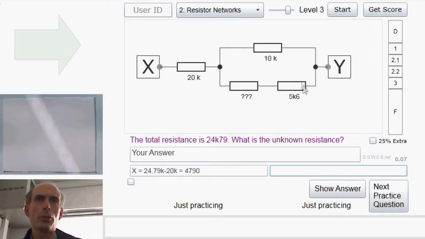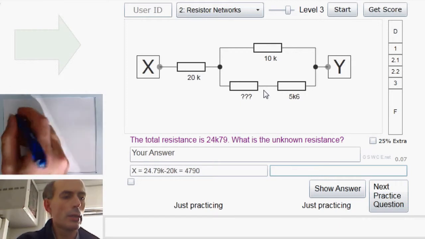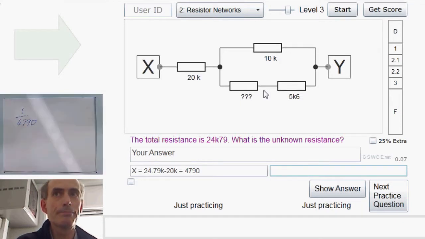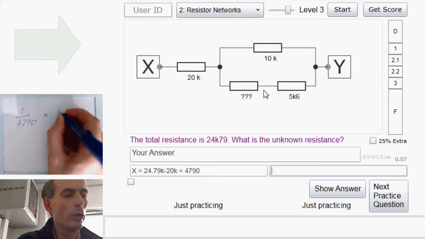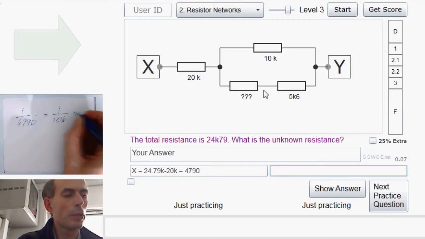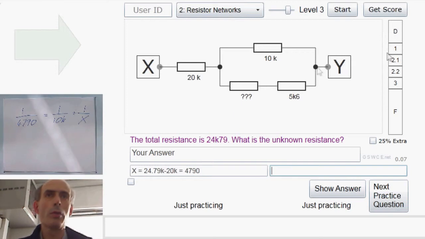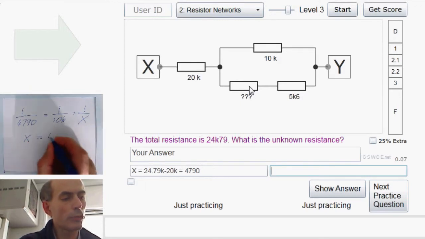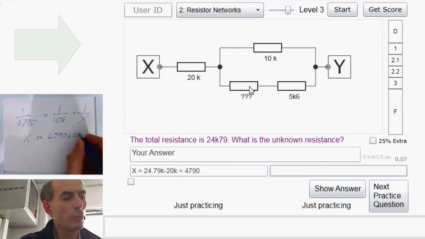So we can work out the total of these two using the formula for resistors in parallel. And that, as a reminder, is 1 over the total resistance here, which in this case is 4,790, must be equal to 1 over 10K plus 1 over X, where X is the series combination of these two. Well, we can solve this equation, and that would just be X is 4,790 times 10K over 10K minus 4,790,